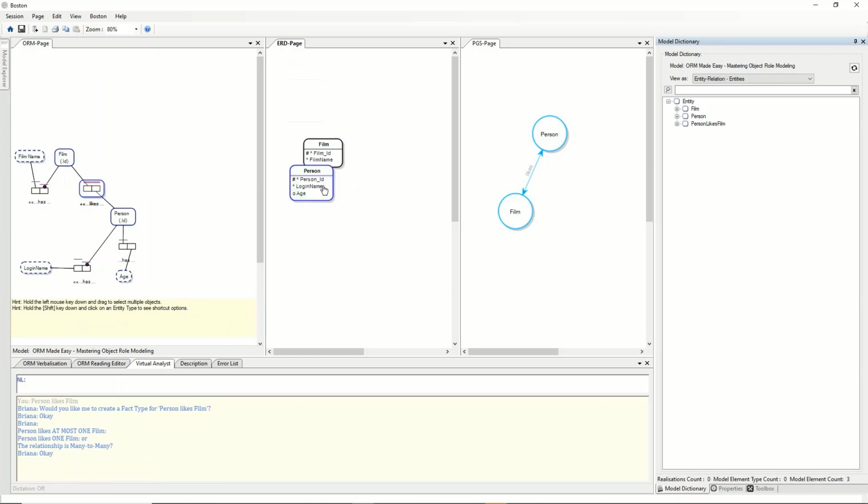We understand what's going on there when we look at the entity relationship diagram view. We've automatically created a person likes film entity, and it's a many-to-many join table, and where it uniquely joins to person and film. So person and film, and